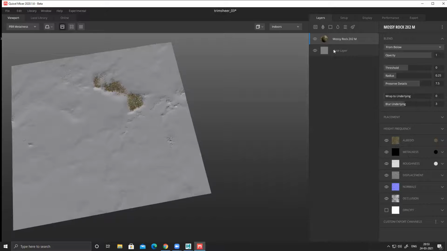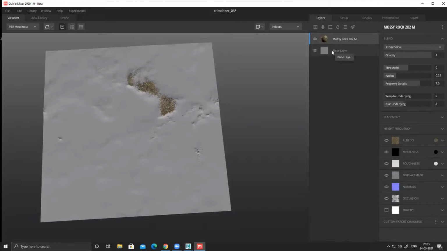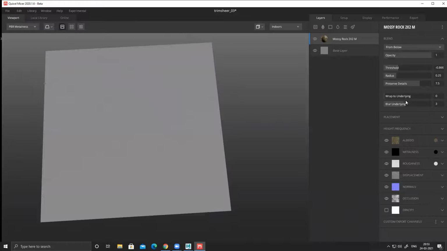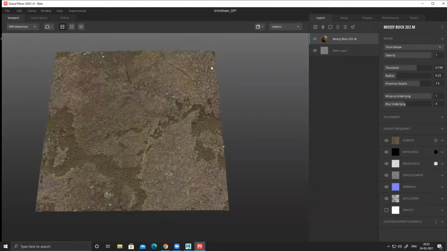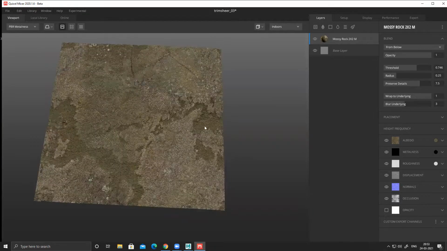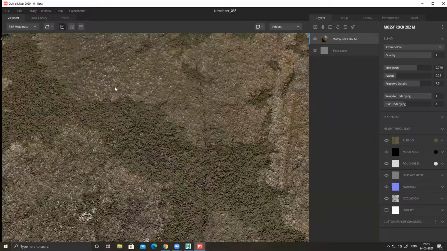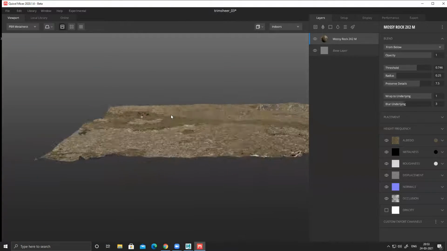Now you can see this entire stack, my layer. What I want to do is make this layer disappear. The threshold, I'll make it full 100%, and I wrap it around so it won't move anything. So now you can see it's just a plane with the entire texture, and if we zoom in, you can see it's super high detail, and plus it has displacement as well.